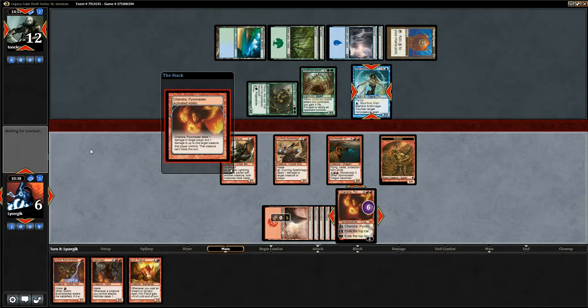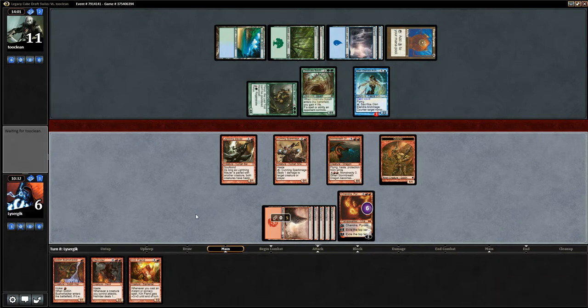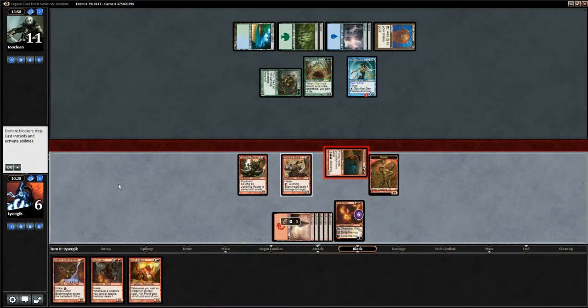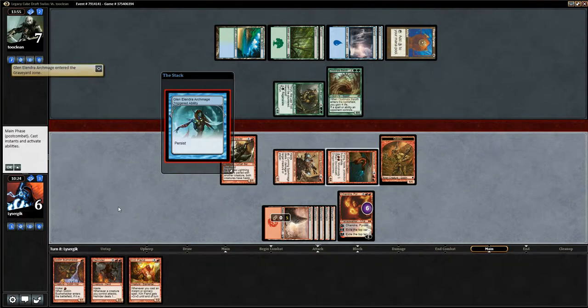Okay. So, yeah, don't kill it yet. Swing first so the damage gets through, and then kill it with the Spark Mage post-combat. Yeah, I think so. Then he can...